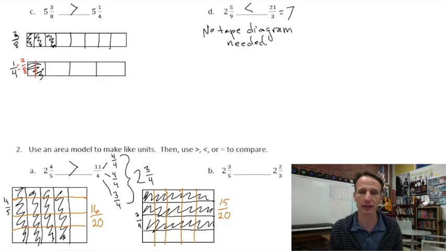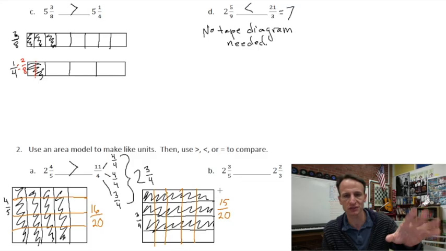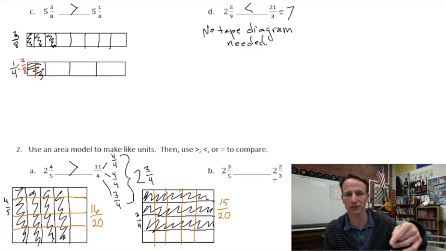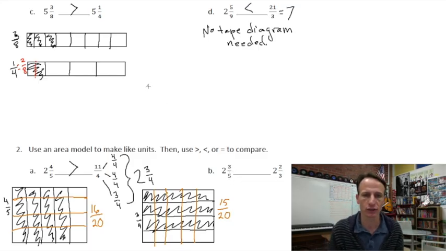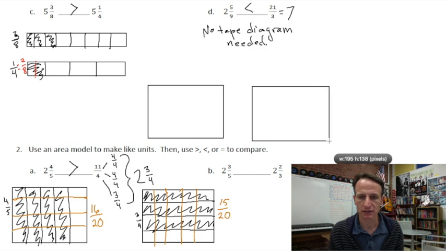See, a bit of work there. This one here, I'm going to do the work up above here, so good thing I was able to spare that space. Again, now this one's a bit easier because we're dealing with the whole number 2 in both cases. We don't have to do a conversion first. So really we're comparing 3/5 and 2/3. So if I draw 2 area models, rectangles of approximately the same size and shape,